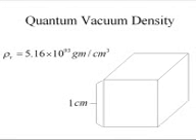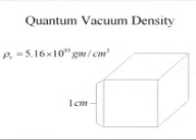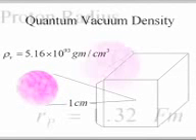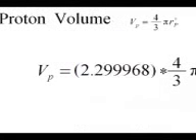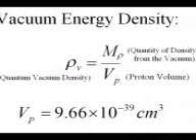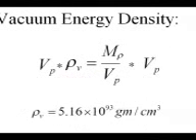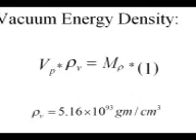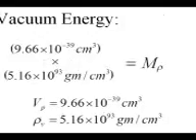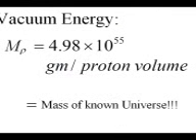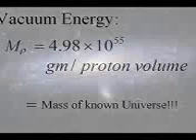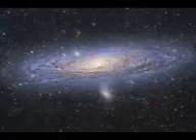It begins with the quantum vacuum density, which is a measured 5.16 times 10 to the 93rd grams per cubic centimeter. Then we calculate how much vacuum energy would exist inside of a proton, which has a radius of 1.32 femtometers, multiplied by 4/3 pi r cubed to get the volume. A density is mass per unit volume, so if you multiply a density by a volume, the volumes cancel to give the amount of mass that would be contained within a proton volume, which is 4.98 times 10 to the 55th grams, which also happens to be the mass of the entire universe existing inside each and every proton.